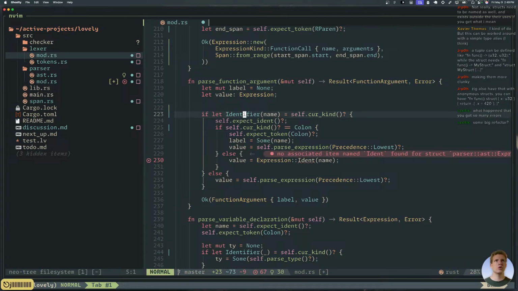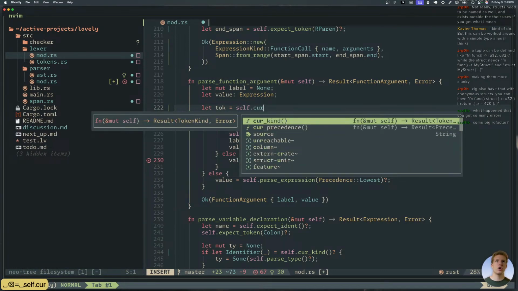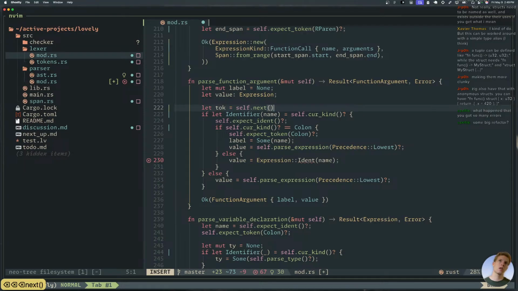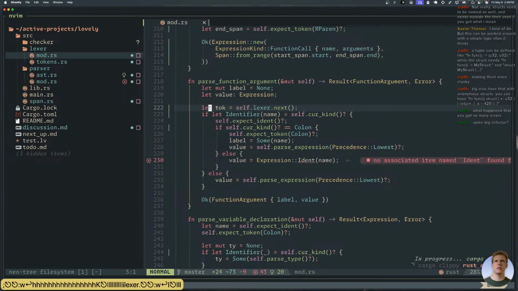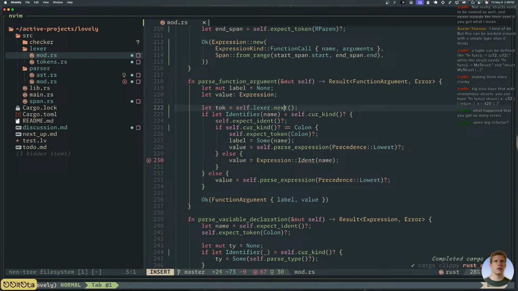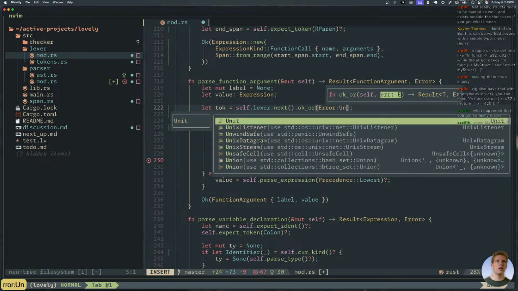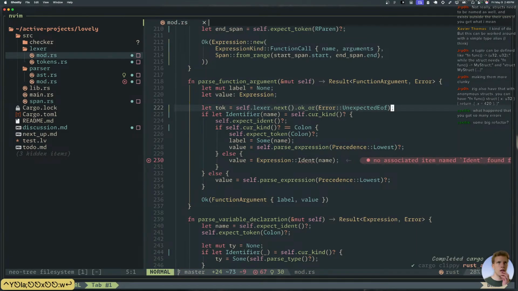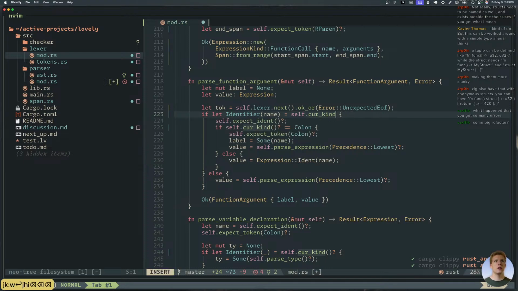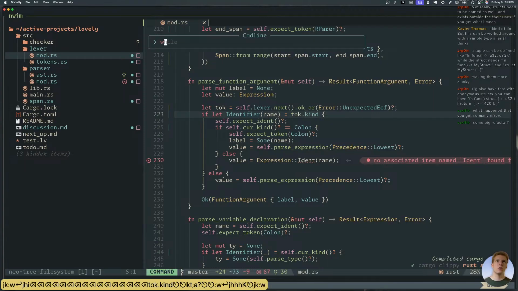So this name, curve count. Okay, so I'm gonna say let tok equal self.lexer.next maybe. So this gives us a self.lexer.next, and then tok is an option. Okay, so we need to go like okay or error unexpected. That should do the trick. Okay, and then this becomes tok.kind, except I forgot to do this. So that's all working. And then down here,